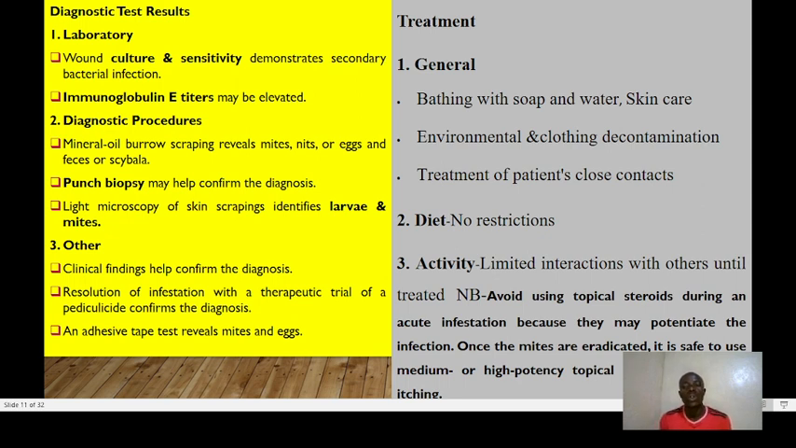of patients' close contacts. In terms of diet, there is no restriction. Activity, it's limited interaction with others until it's treated. But you need to remember that you need to avoid topical steroids during acute infestation because they may potentiate the infection. Remember, one of the risk factors is immunosuppression, and that is what corticosteroids are good at. But once the mites are eradicated, it is now safe to use medium or high potency topical steroids to control